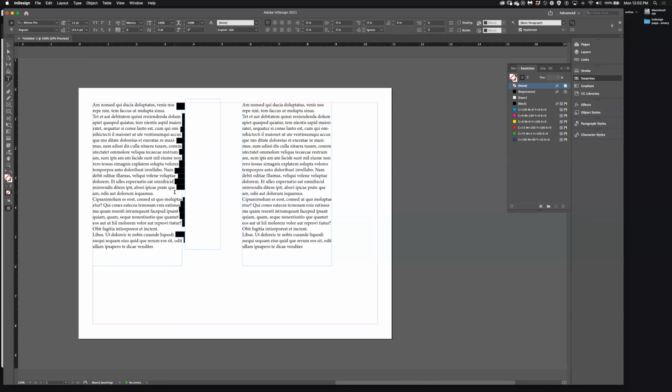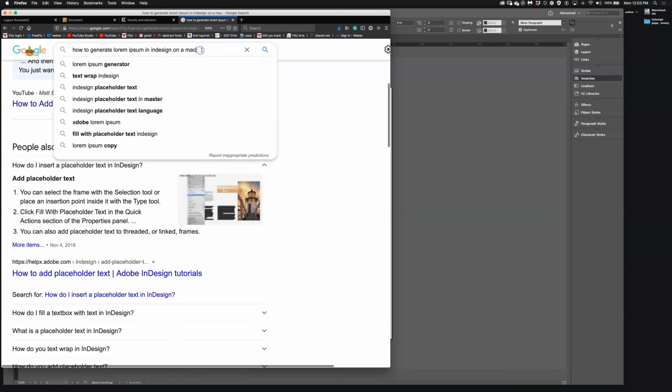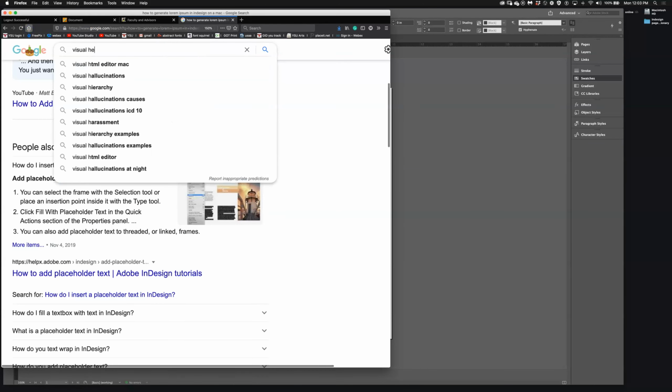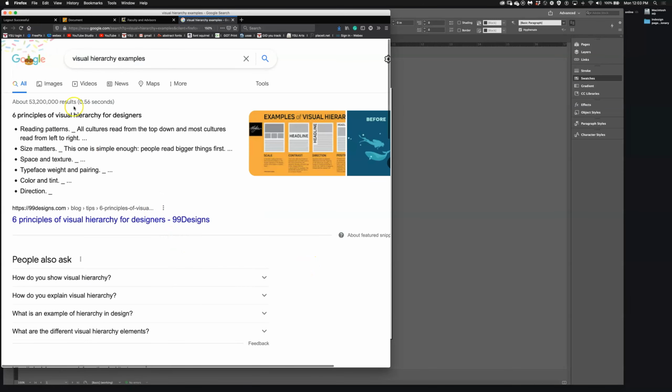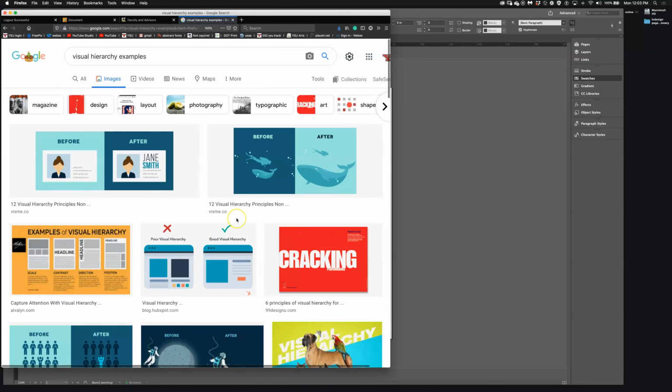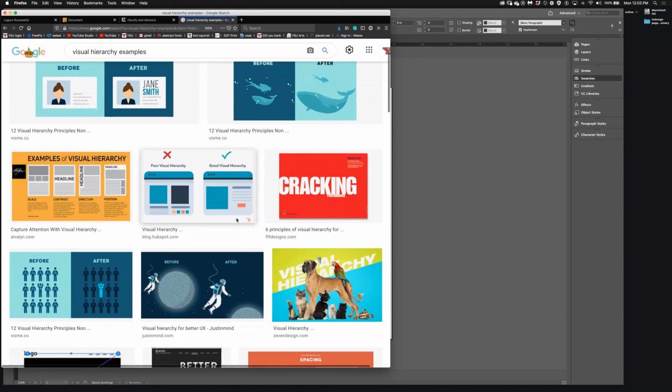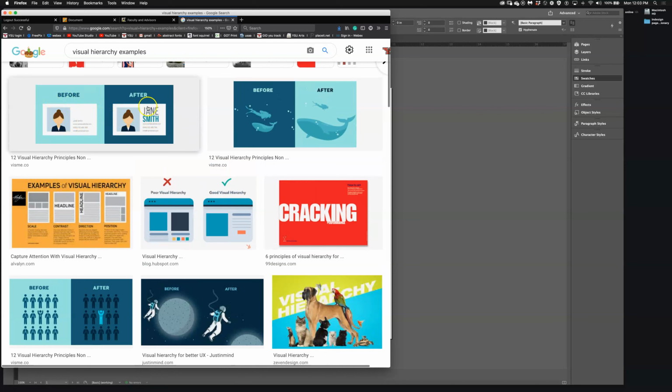So visual hierarchy, let's not worry about it in here, but let's go to the web and look for examples of visual hierarchy, and look at images. So visual hierarchy is something that graphic designers are very much in control of. What's the most important and how are we emphasizing it? What's the next most important? You can see that this is a great example. They made her name the most important. Nothing else changed here, but we know that this is Jane Smith's